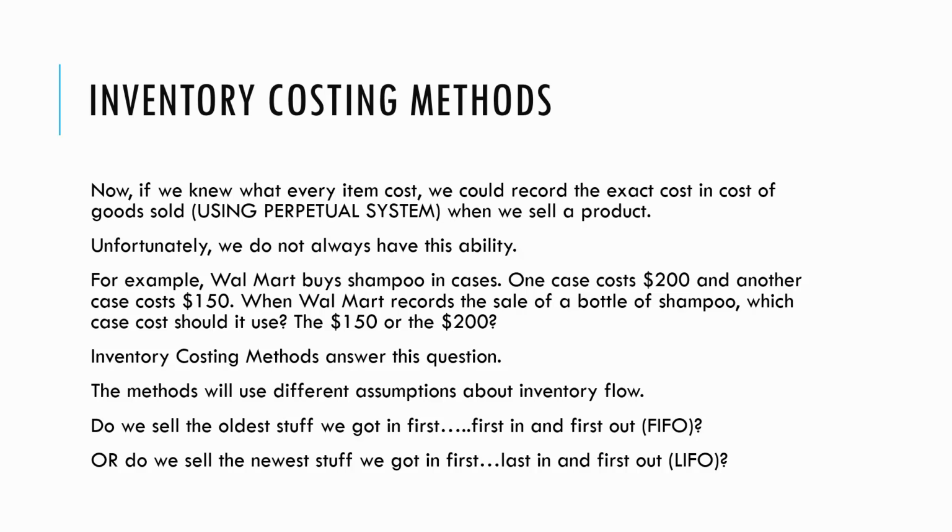And you really cannot today keep track of each individual shampoo bottle and the cost of each shampoo bottle. We are just technically unable to do that. Now with some items you can track those items, and we'll talk about that, and we call this specific ID. But with other items it's just too difficult for us to do this, and therefore we have to come up with an assumption. We call this an inventory costing assumption, and the assumption is, in what order do we sell